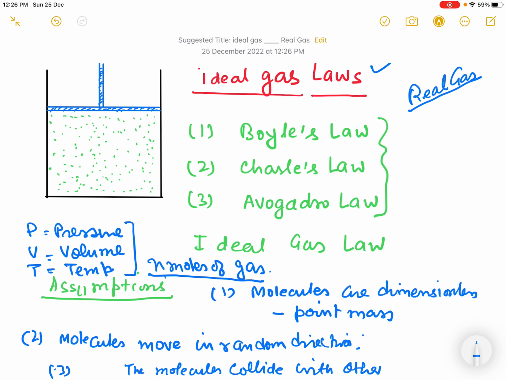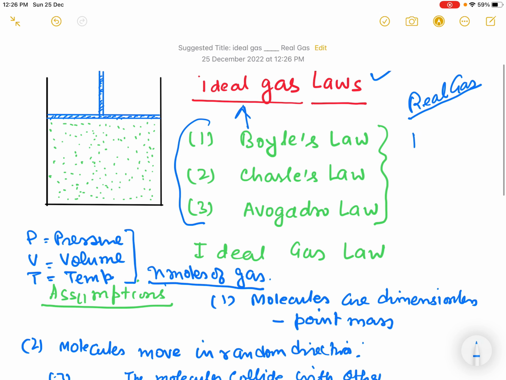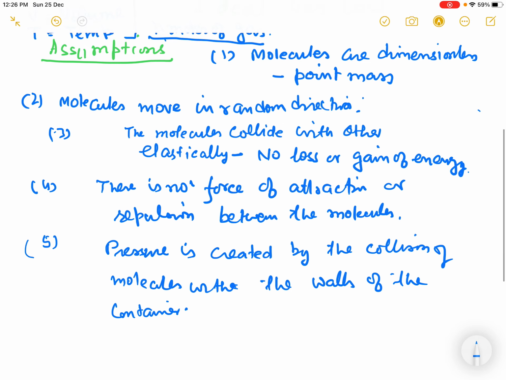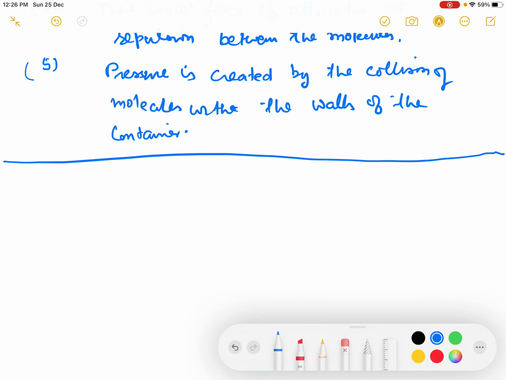Now these laws are only applicable in ideal gas, and a real gas at very high temperature and very low pressure, it behaves as nearly ideal gas. So now we take the laws one by one. First we take Boyle law,